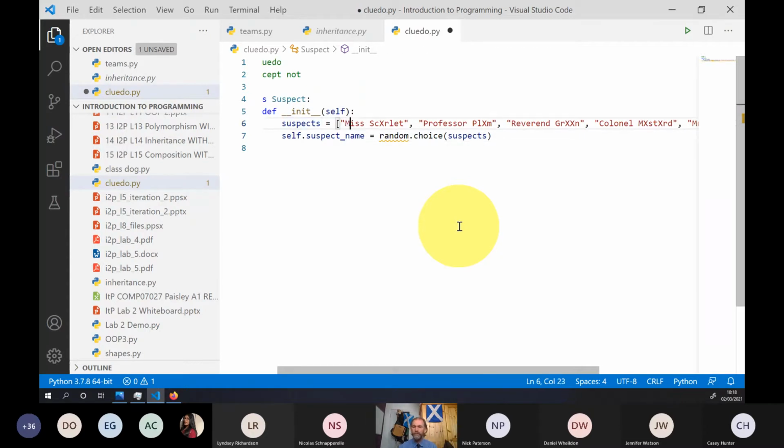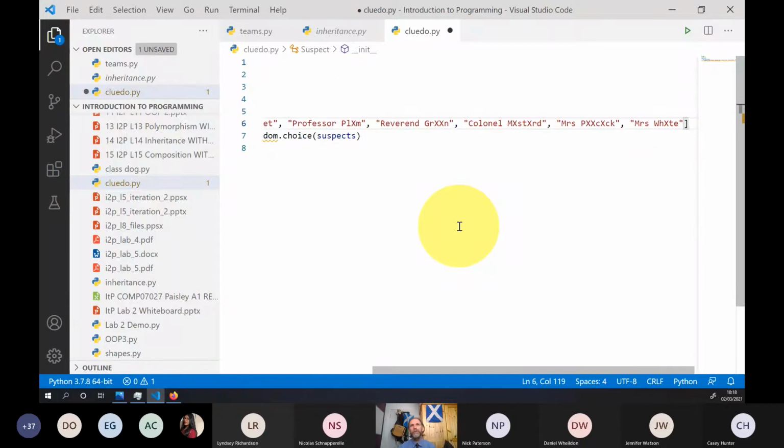We've put them into the square brackets, which denotes that it is a list. So we've got a list of suspects, and we're going to say for our class suspect, we are simply going to get a random. I didn't delete it, it just went off the screen. It's back now. It's just because that line there was so long. We don't normally have lines that long. You can see I'm at column 119. It's quite unusual.